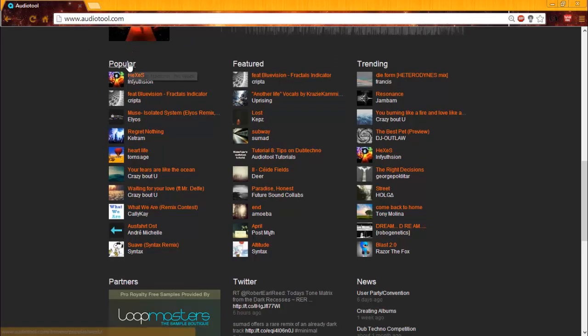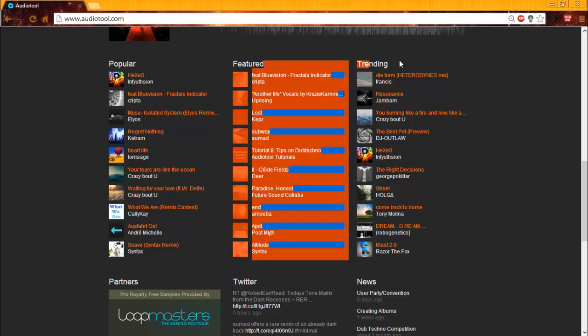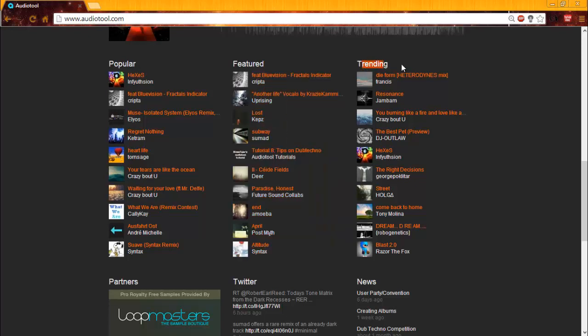There will be a popular list, a featured list, and a trending list. If you want some insight, the trending list really isn't interesting. It's just whatever's getting the most comments or random spikes of plays. Normally, it's a lot more interesting, but there used to be this bug which just gave people a lot of plays, so it would put random stuff that really isn't that good up in this trending list, so I don't call it a key thing to be in. Featured list, if you're featured, you're awesome.